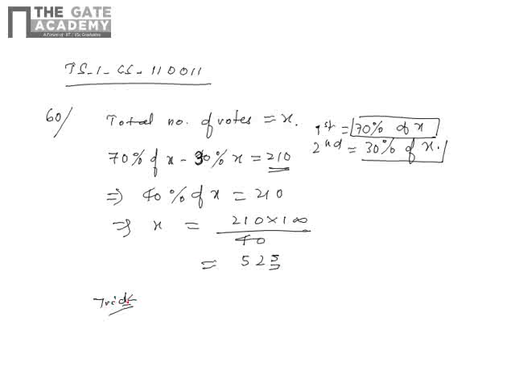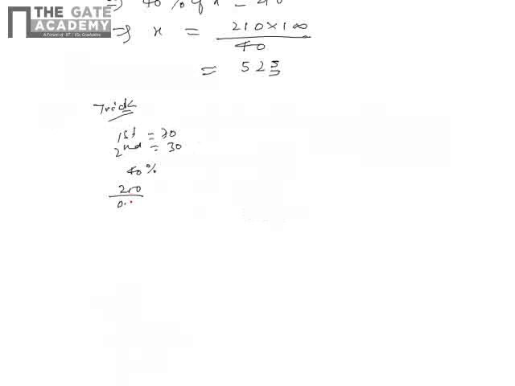See, it's given that one candidate got 70%, the first candidate, so the remaining candidate, the second candidate, got 30%. So the difference is 40%. So when we divide 210 by 0.4, we have no need to calculate these values. Simply we can eliminate the options and we can get 525. How will we get it? I will show you.